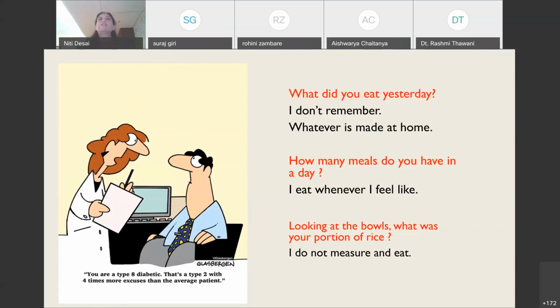So I feel that dietary recall, in fact, also helps us develop interpersonal skills, helps us develop patience, makes us less judgmental, more open-minded, and I feel I'm only learning every time I take a dietary recall with my patient.